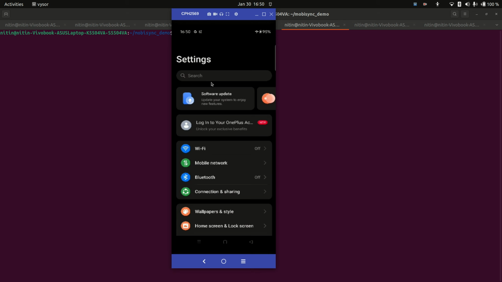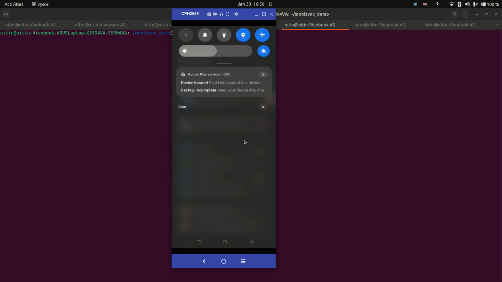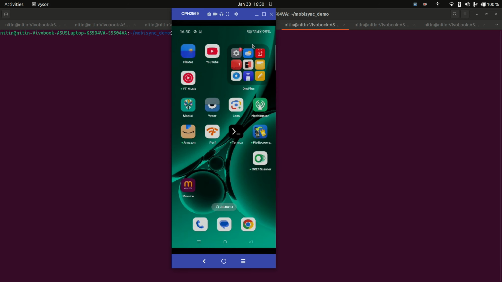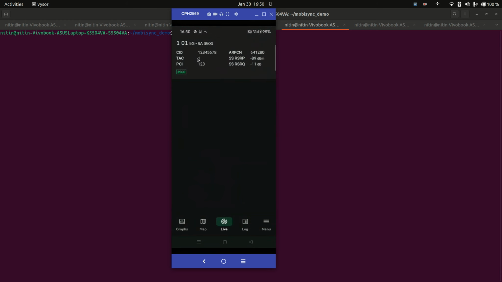Now what I am going to do is remove it out of the aeroplane mode, and now it is connected. You can check that it is connected. I'm just running some simple app. It is connected to the 5G SA at N78. Okay, this is the RSRP and RSRQ,